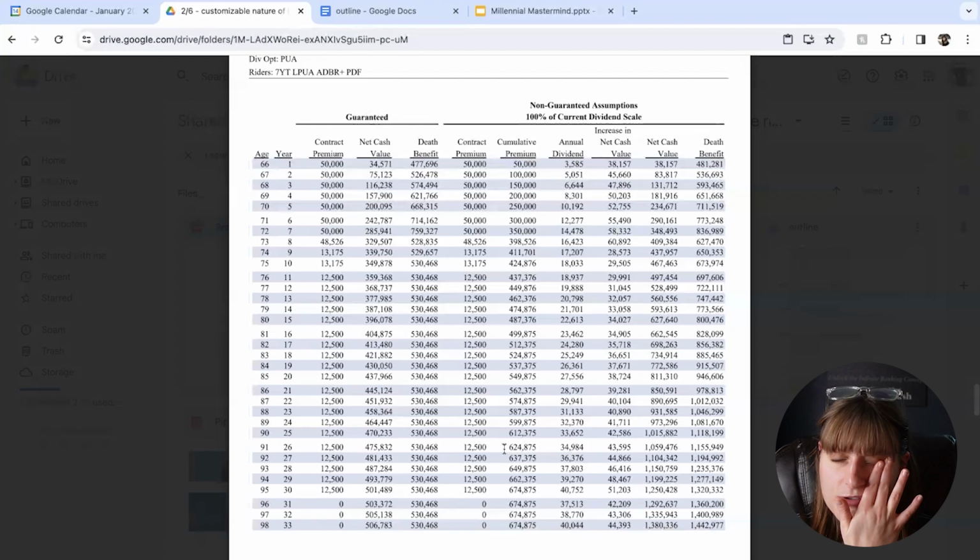So the difference with loans and withdrawals is that when you withdraw from the policy, you are physically taking out the cash value from your policy, and thus you are stopping or interrupting the compounding that is happening inside of it. So when you withdraw, you're stopping the compounding and you're surrendering a part of your death benefit. So withdrawals can make sense in some scenarios. But right now, during the early years of the policy's life, I wouldn't recommend withdrawals, even though you can take them out.